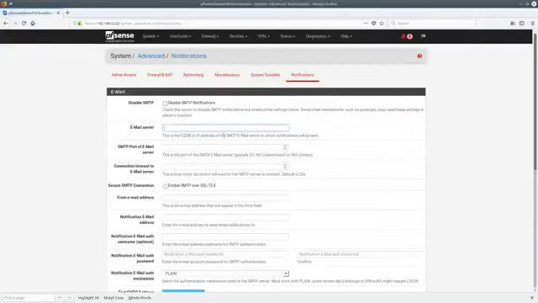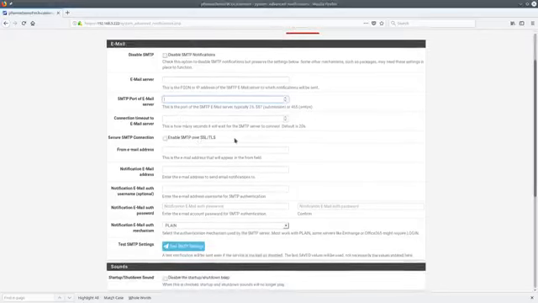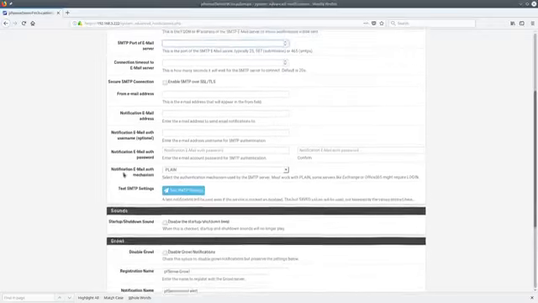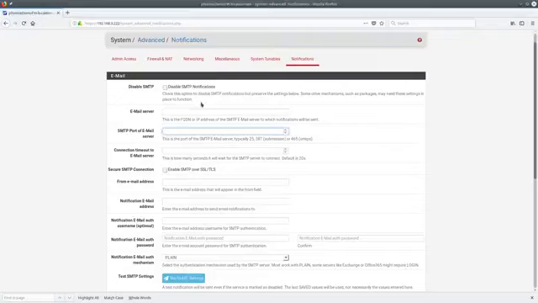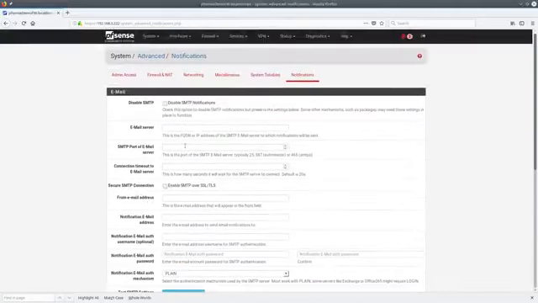Notifications: email server, SMTP port numbers. Yes, it supports SMTP, SSL, TLS, from email address, notification email address. This is great. One little note though, when you're putting all this in here, you can't test the functions until you've clicked save once. So even if you fill out all your mail server information here, then you click test, it fails. You have to go down here, click save, then you can click test, and then you'll know if the SMTP is working. But this allows notifications and changes to the firewall to be sent to your email address, such as gateway monitoring if you have failover and it goes down,